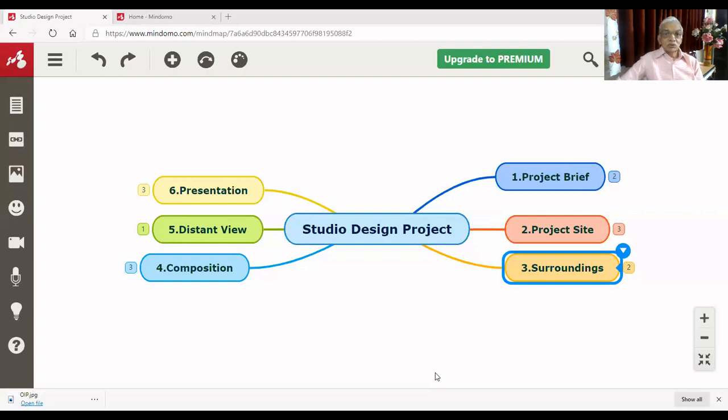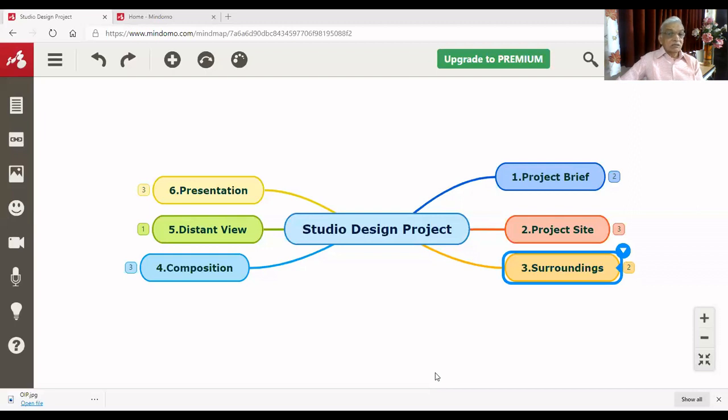So when you are actually calculating the brief, trying to create the clusters out of the brief for various spaces, you also need to think about the composition of these blocks, which would be quite interesting to look at, the positive and the negative spaces and all those things. So composition becomes very important.